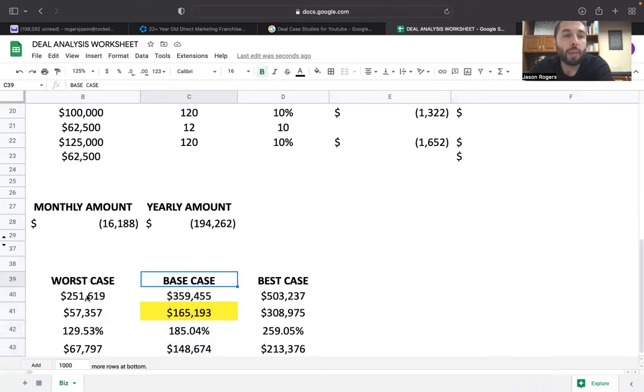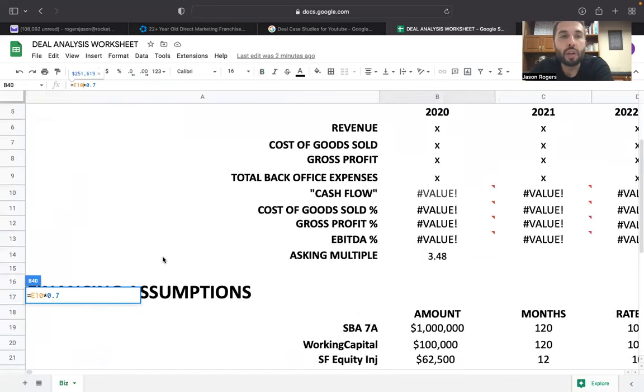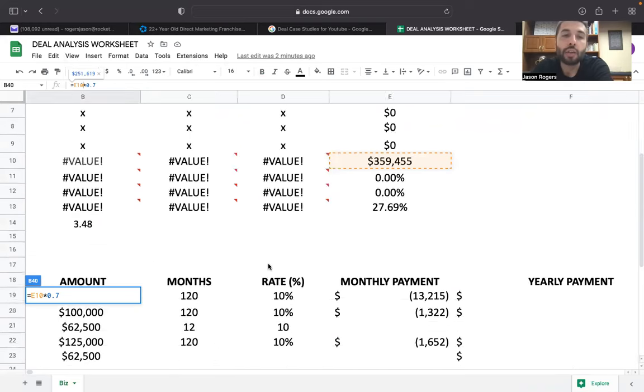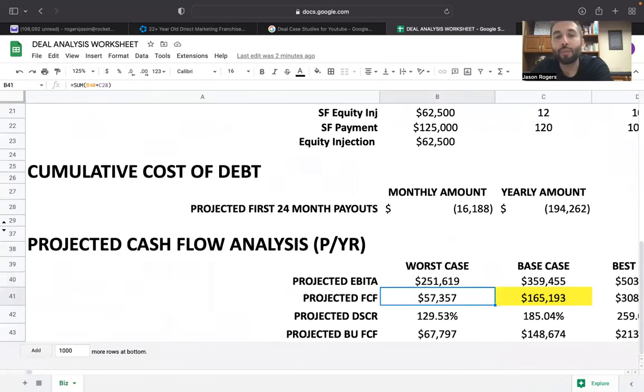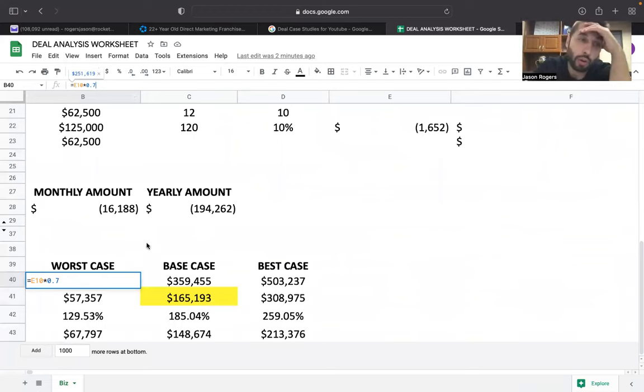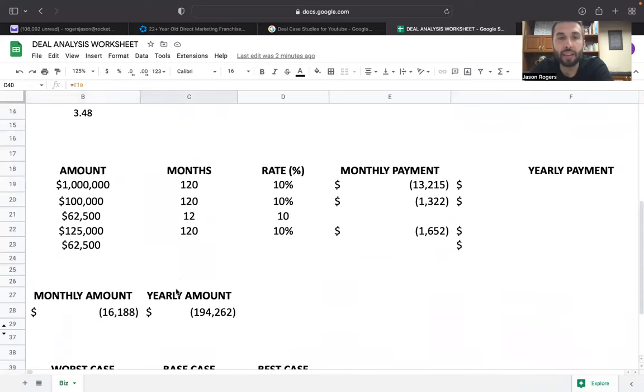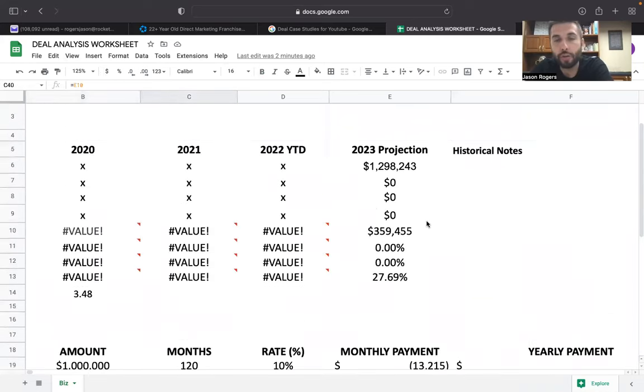But for this example, I just said that the worst case scenario was the 2022 cash flow projections multiplied by 0.7, aka 70%. So worst case scenario, which is probably a bit conservative. You could usually do a lot worse than that if you don't know what you're doing. But I'm saying, hey, worst case scenario, we're going to only do 7/10 as well as we did in the year prior. Base case, I'm saying we're going to do exactly the same as what's advertised on the deal, 359G